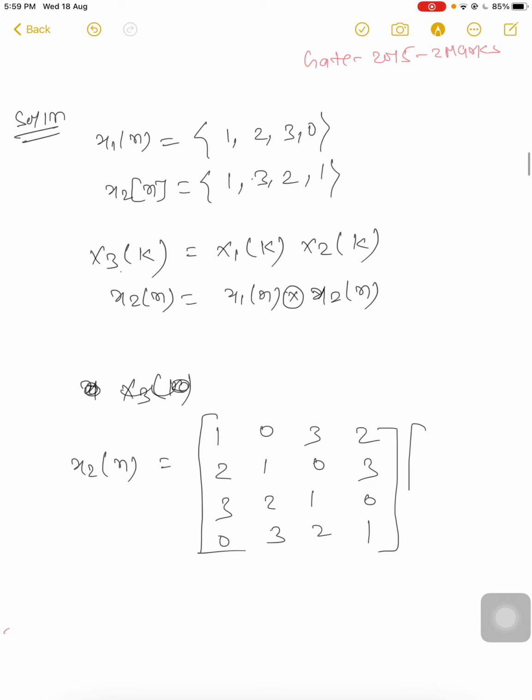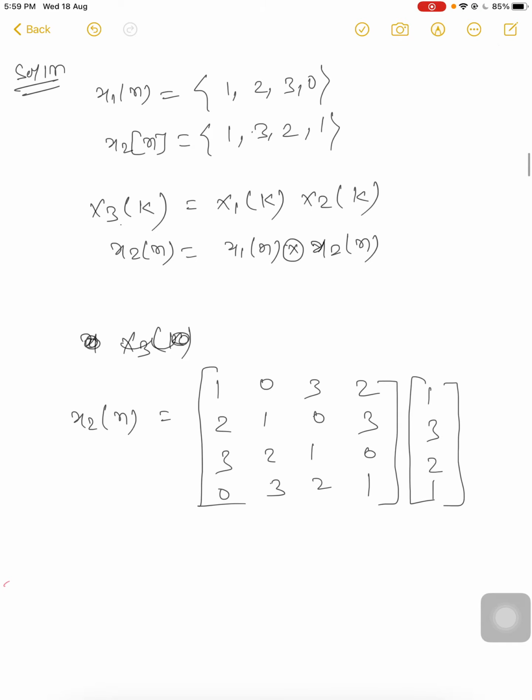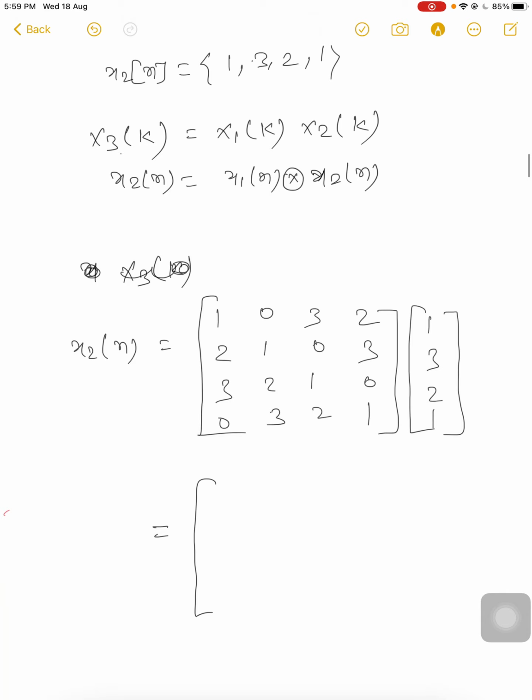And x2 n is 1 3 2 1. Multiply it, and what will we get? 9 here, and from here to here you will get 1, 9,